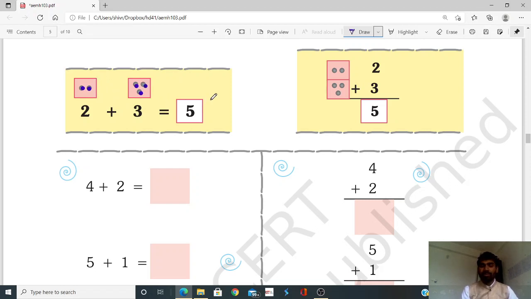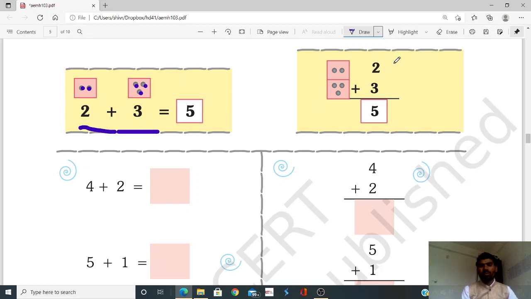Our answer will be 5. Okay, 2 plus 3 is equal to 5. You can write in this format also. Okay, 2 plus 3 is equal to 5. That means you can write